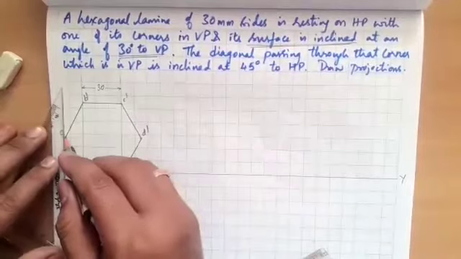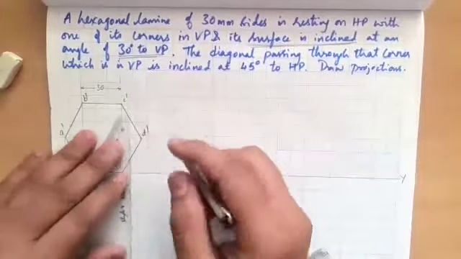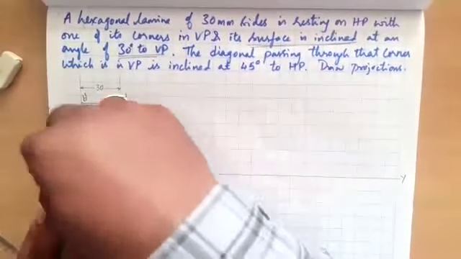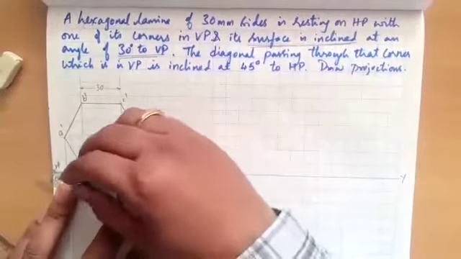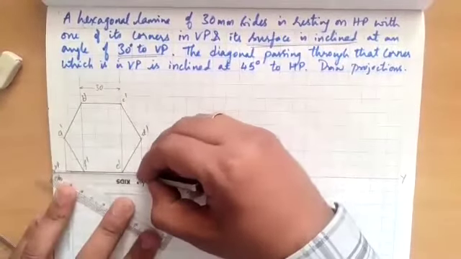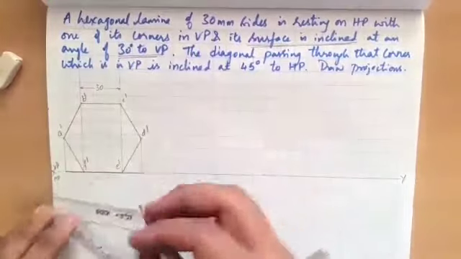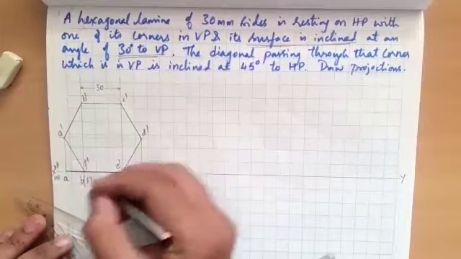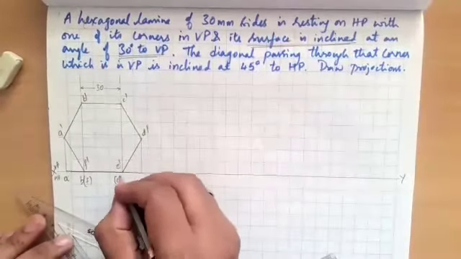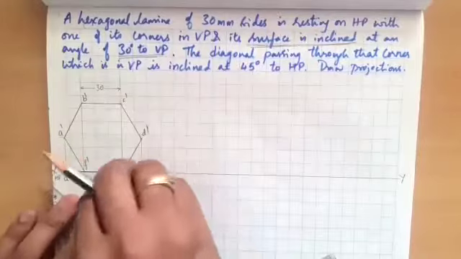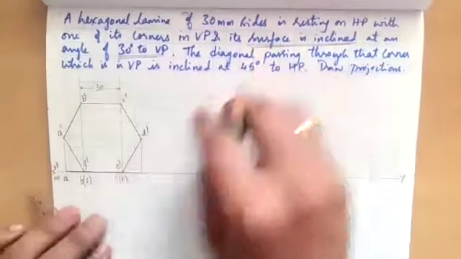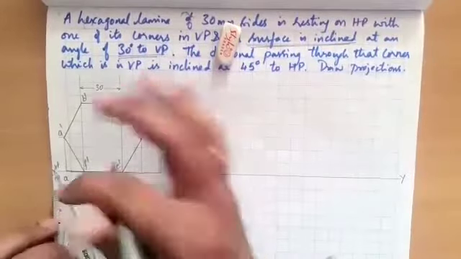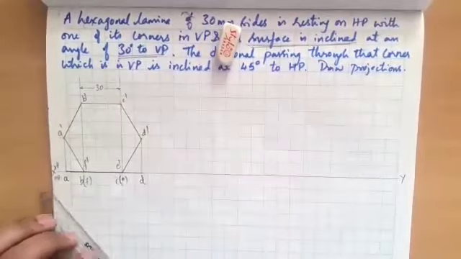And next, draw the projections from A dash, draw a line downwards, and from D dash also. So this will be the top view. Top view will be on the XY line because you are assuming it is in the initial position as 0 angle, and then constructed A. Top view is B of F, C of E, and D.